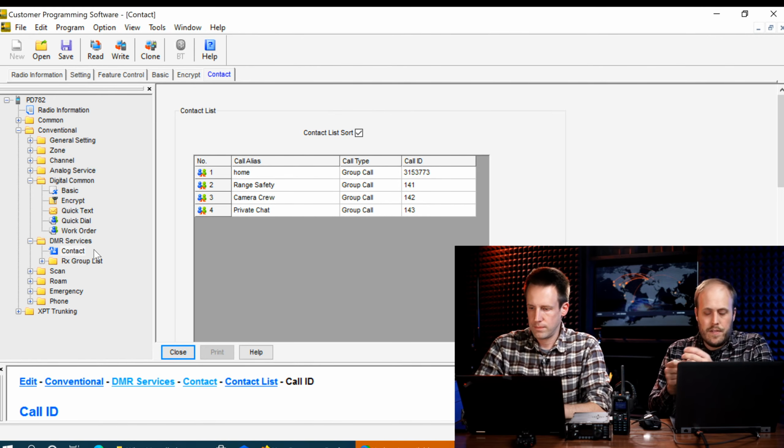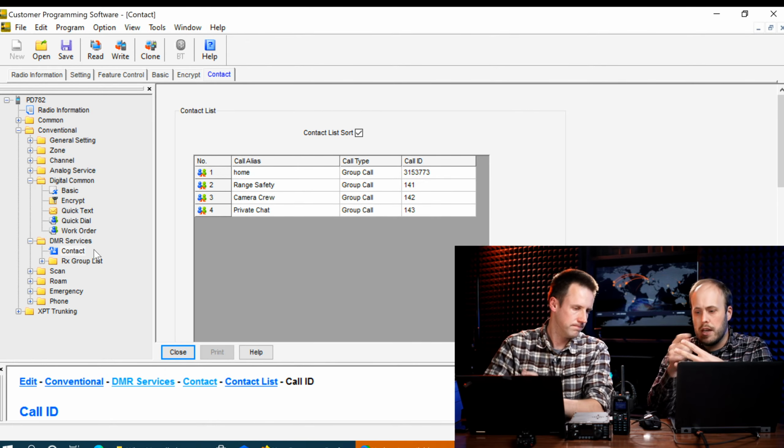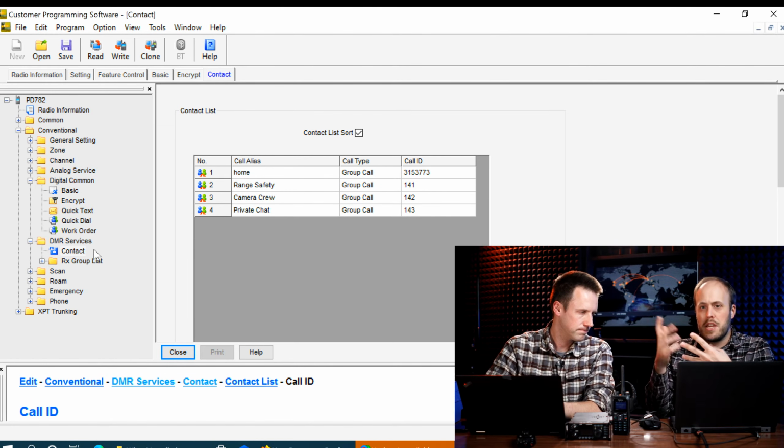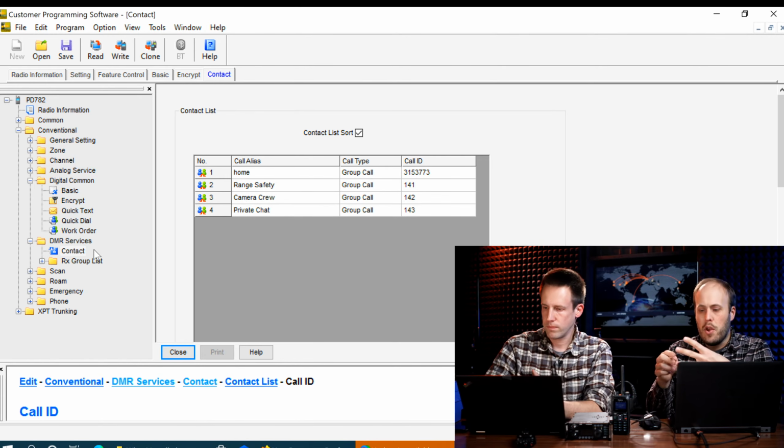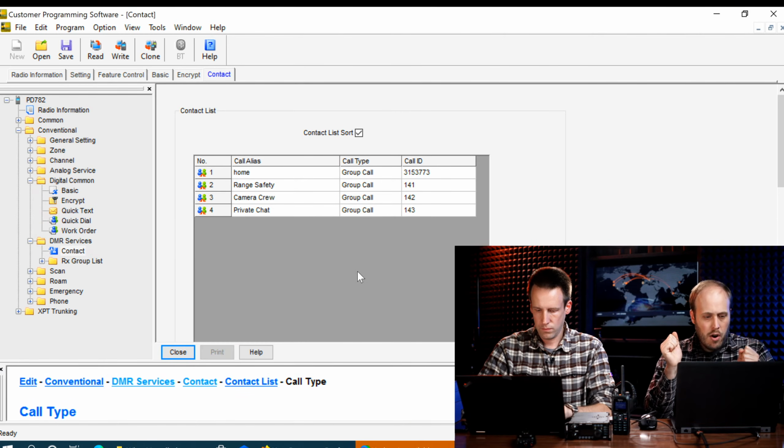Okay, so there's kind of three main areas you need to program when you're programming a DMR radio. There's contacts, there's channels, and there's zones. With a traditional analog radio, you basically only are programming your frequencies. And you just plug in the frequency, and that's it. You set a couple settings, and you're done. With this, all three of those play together to actually create the experience that you as the user have when you pick up the radio and you select a channel and you actually hit transmit. So you have to get all three of those correctly set up and in sync, sort of, for lack of a better term.